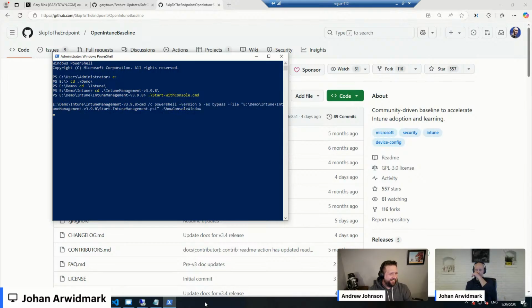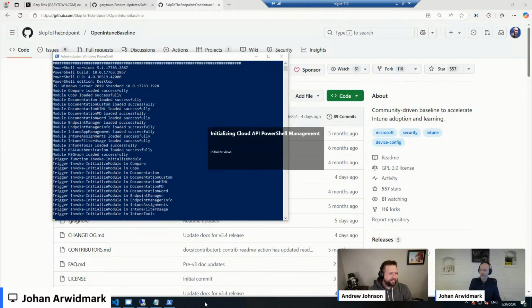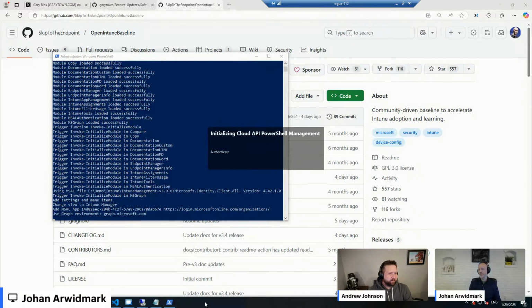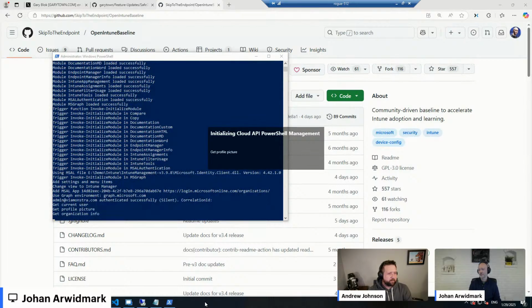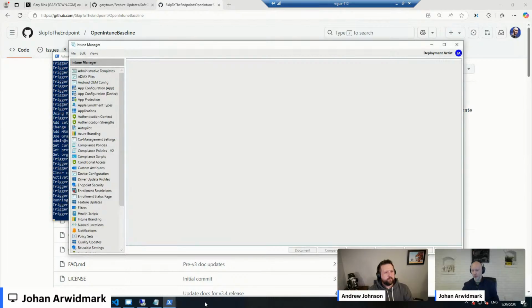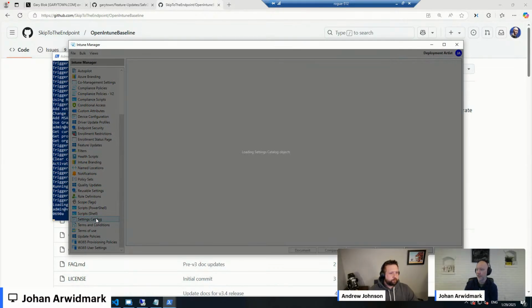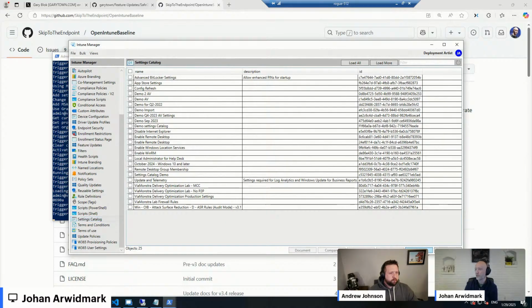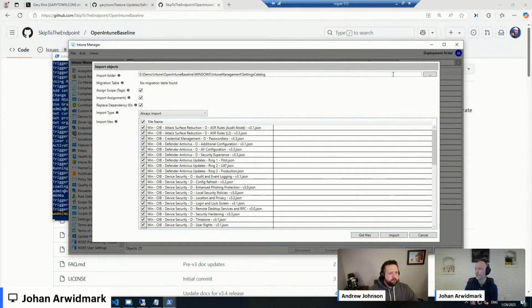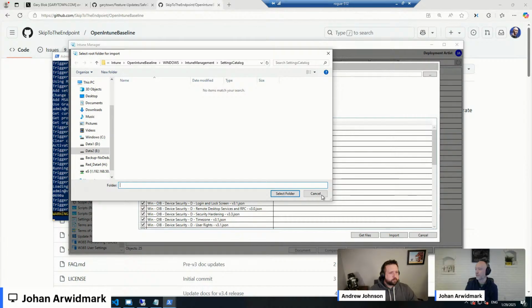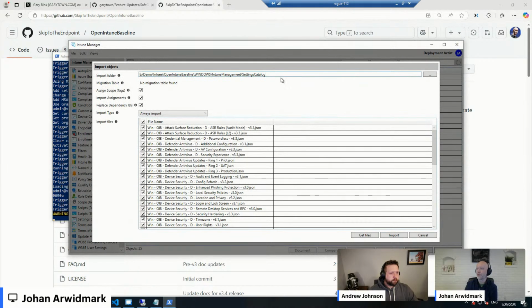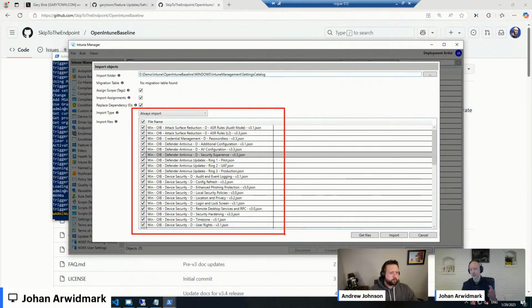So if you start that tool, you will go to whatever you wanted to import stuff into. So say that I want to import stuff that are related to settings, catalog settings. I will pick that option. I will hit import, and I will just browse to the folder, this option here, to where I have downloaded those. And then you see I get all this listing here of available